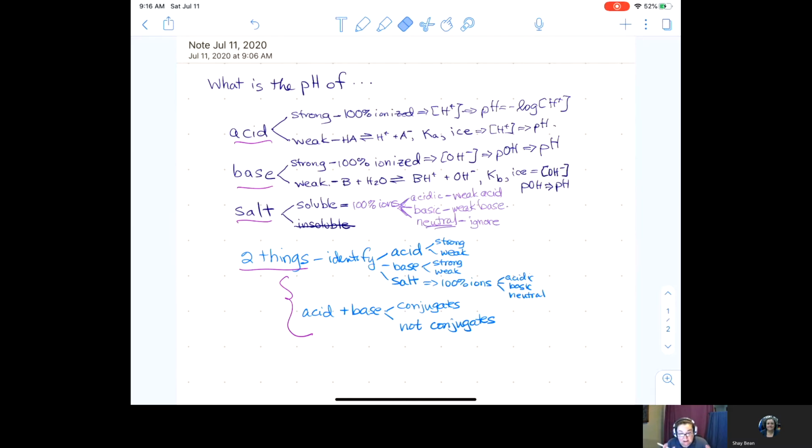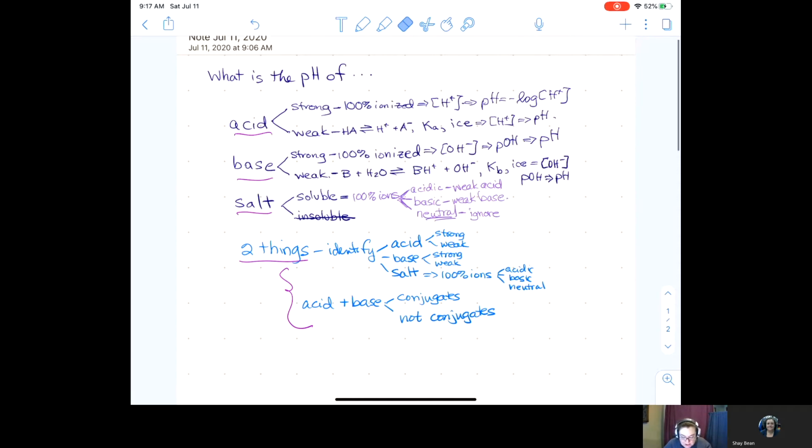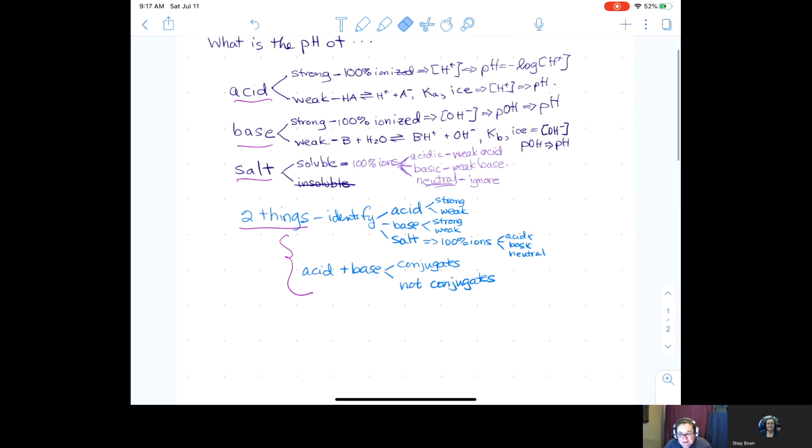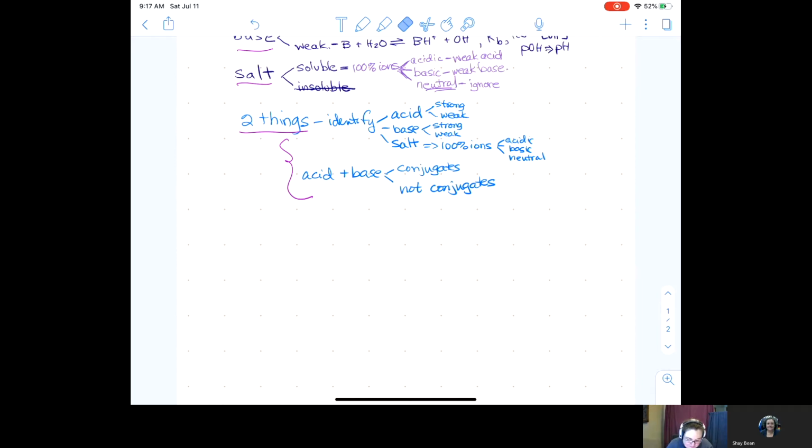And the bottom line is that most of these problems come down to this: once I've identified everything, I have two things in the beaker. One is an acid, one is a base. The next step is to ask, are those two things conjugates or are they not conjugates? In the last video, we looked at what happens if they were conjugates. As you may have guessed, we're now going to talk about what if they are not conjugates. So what is the pH of